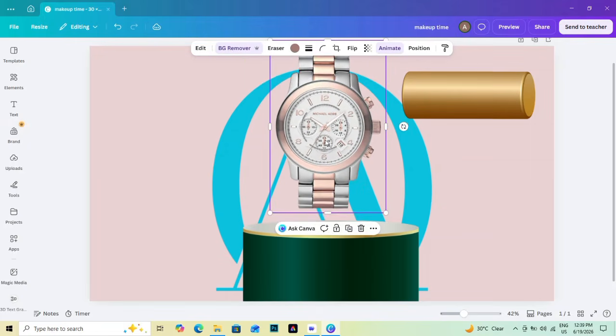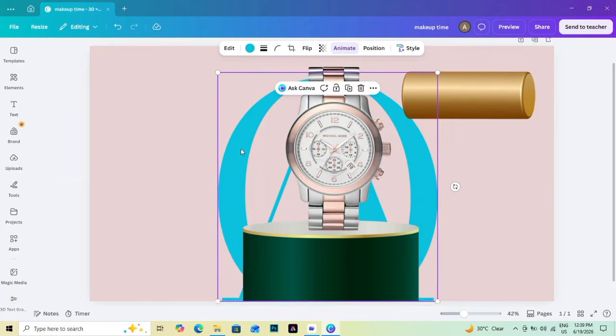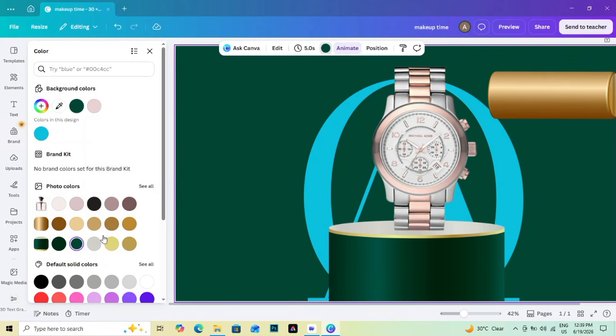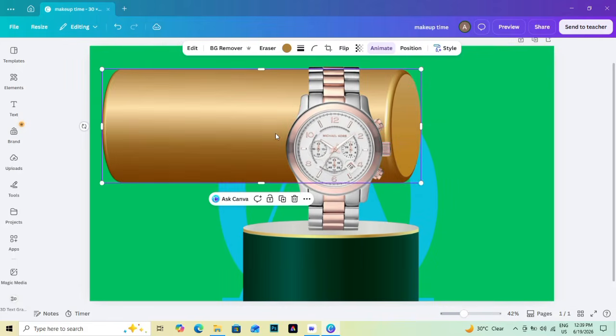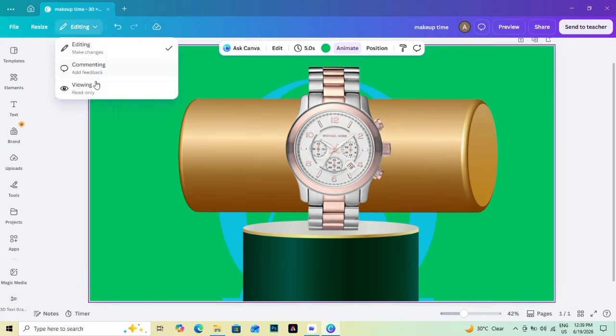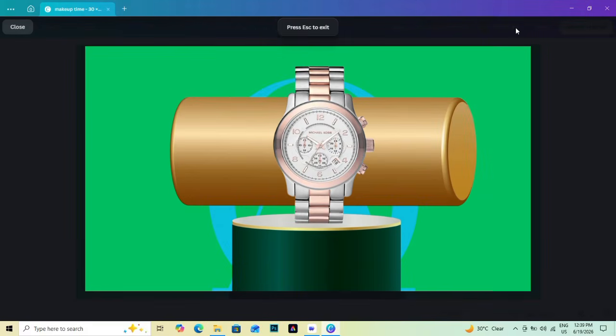Add two smaller supporting frames near opposite corners and place complementary images inside them. Apply soft shadow effects to all frames and reduce the blur settings until they appear natural. Duplicate the main